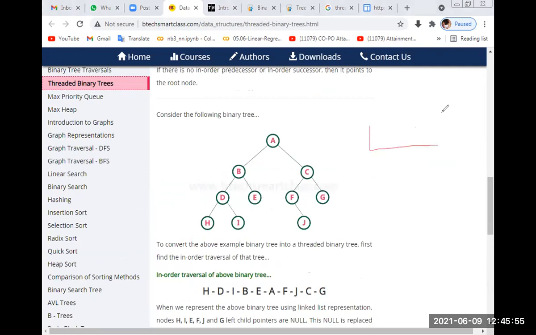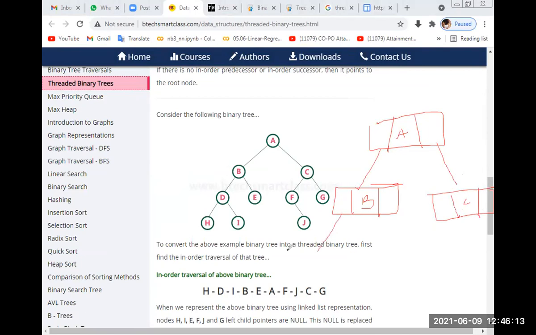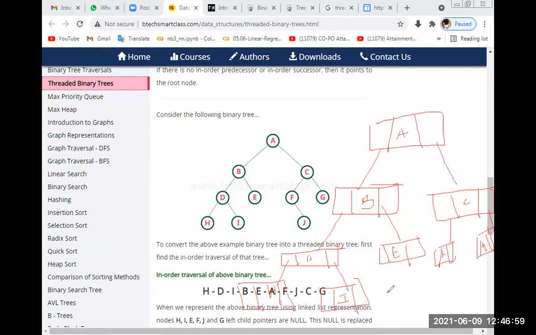You represent this tree in this way: A's left child is B. Next, the diagram is D, E, here this is F and this is G. Here left is H and right is I.